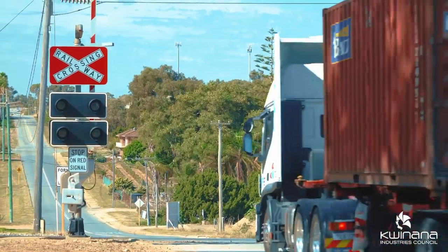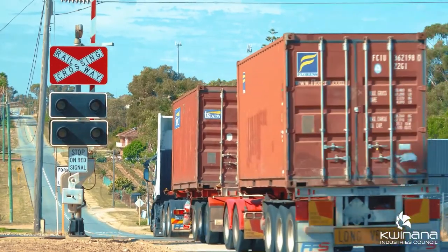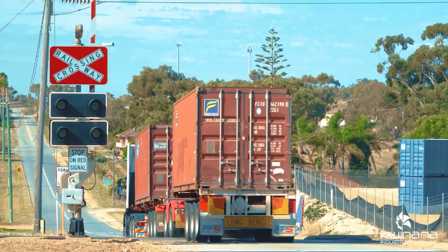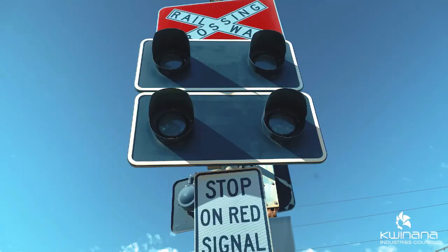So how does all that work? Well, it's really complex. This side of the railway line, all of the land is owned by the state government when the houses were bought and razed. The other side of the railway line is private holding, in 2 to 5 hectare lot sizes. So whoever takes this on has to have the financial grunt to be able to acquire or do JVs with